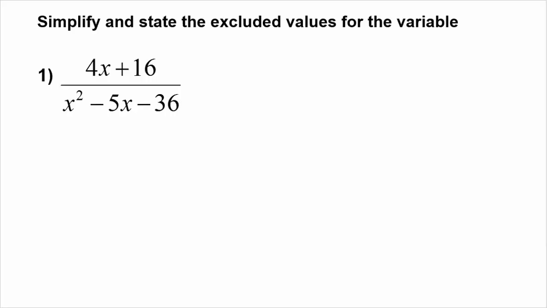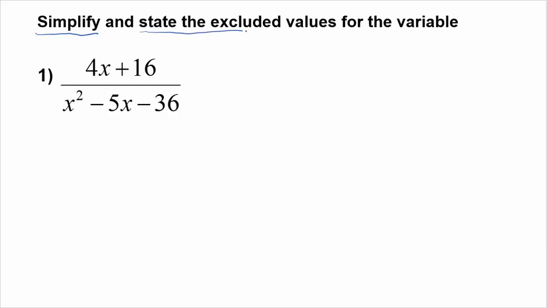I'm going to assume by this point that you have a basic understanding of how to factor greatest common factors and trinomials. We're going to look at how to simplify a rational expression, meaning I have some sort of fraction here that hopefully can be picked apart and simplified. So we're going to talk about how to simplify these things, and then